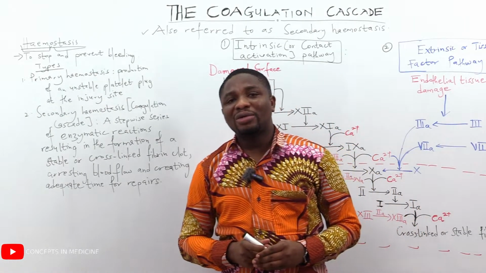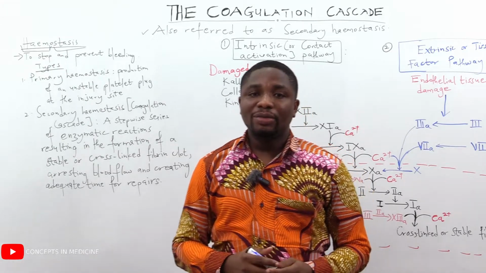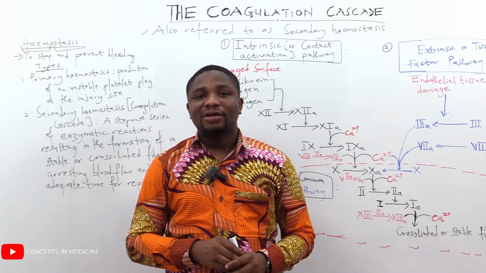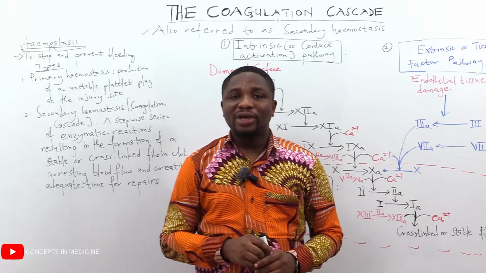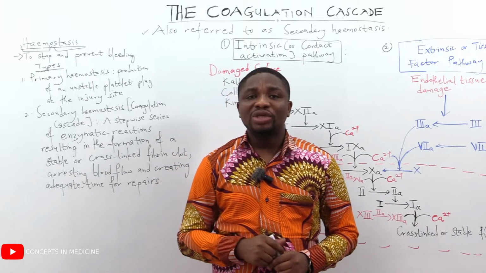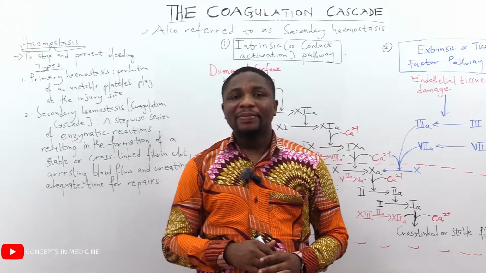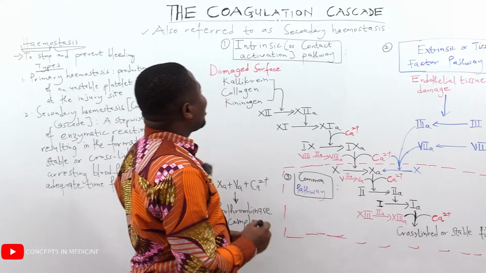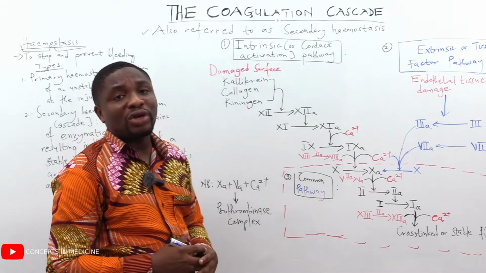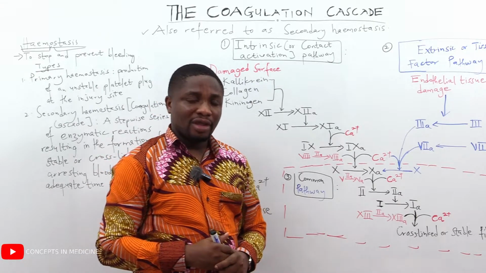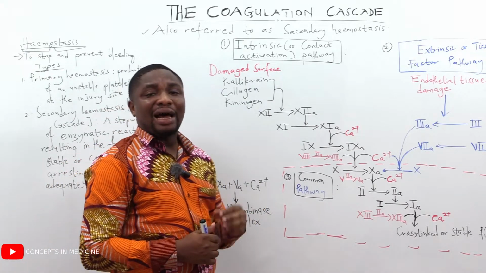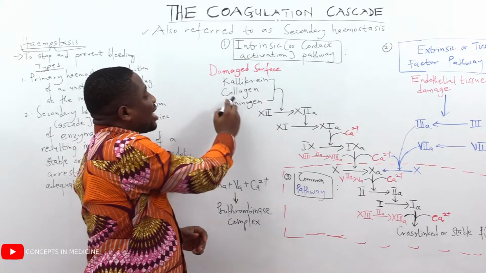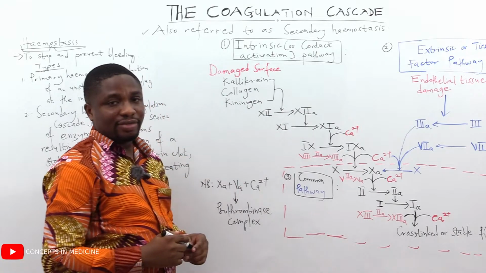Now let's talk about the coagulation cascade, which is the secondary hemostasis. The coagulation cascade is made up of three pathways: the intrinsic pathway, the extrinsic pathway, and finally the common pathway. Let's talk about the intrinsic pathway, also known as the contact activation pathway. It means that when there is damage to the surface, these substances, that is kallikrein, collagen, and high molecular weight kininogen,